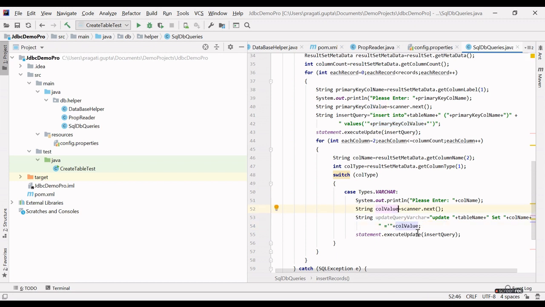Change it to varchar value. Variable name should be meaningful, right?